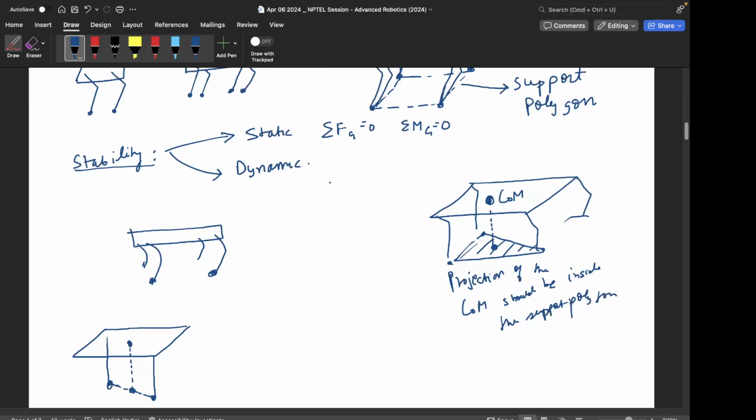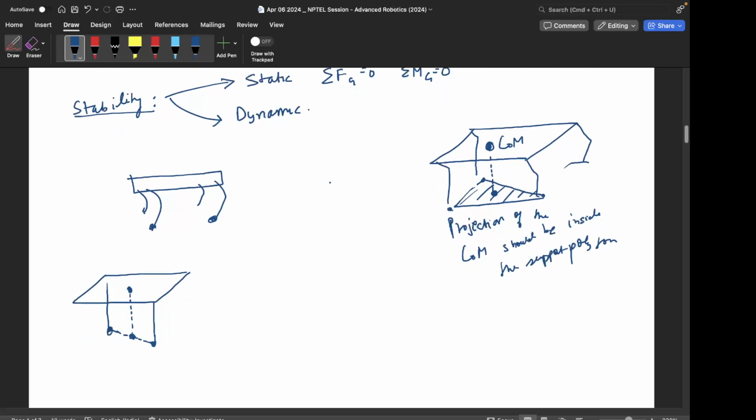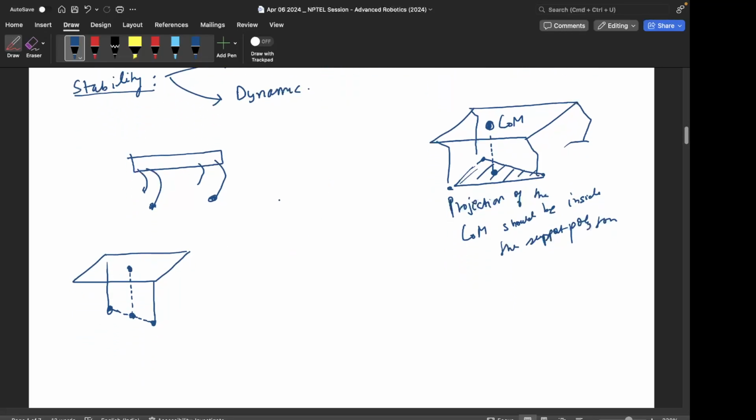Okay. So in the concept of static stability,